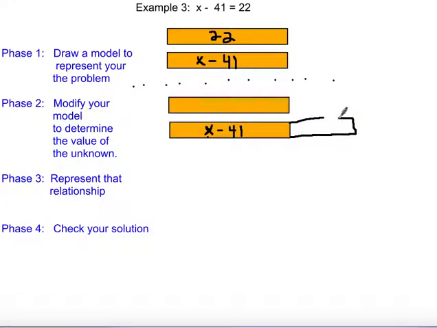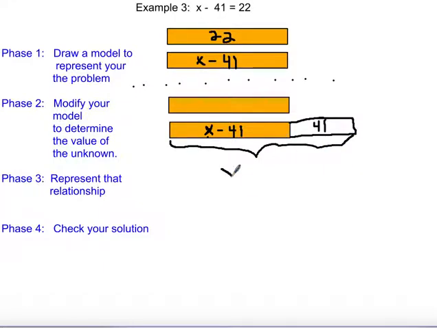I'm going to extend this out a little bit longer, and I'm going to have this equal 41. This will have a value of 41. Now, why 41? Well, what I'm trying to establish here